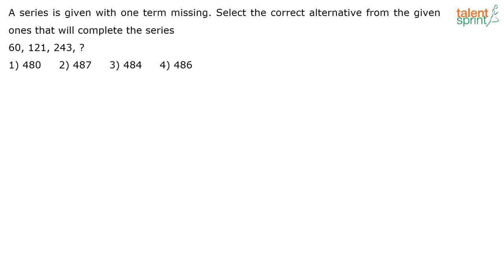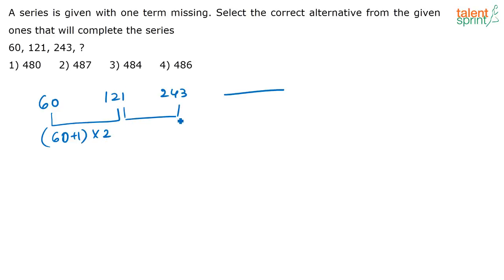So let's check. See, 60, correct? Now after 60 you have 121, then you have 243. You have to find out what is the next one. So here, see, how do you get 121? 60 plus 1 is 61. 61 into 2 is 122, correct? 60 plus 1 is 61, 61 into 2 is 121. Now look at this one here, 121 plus 1, that is equal to 122. So 122